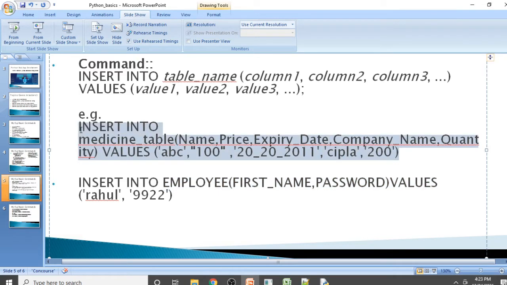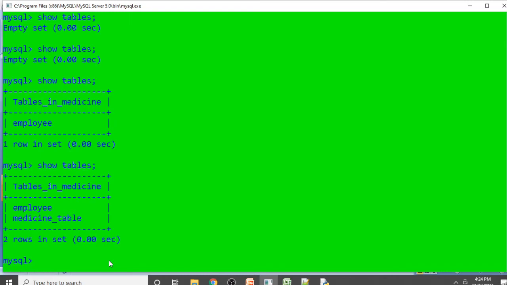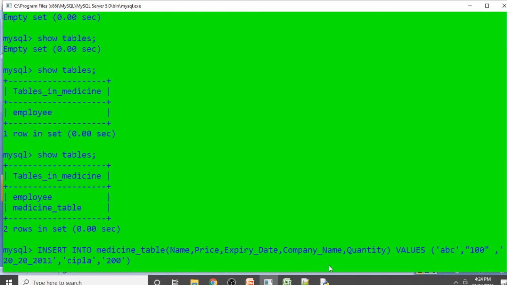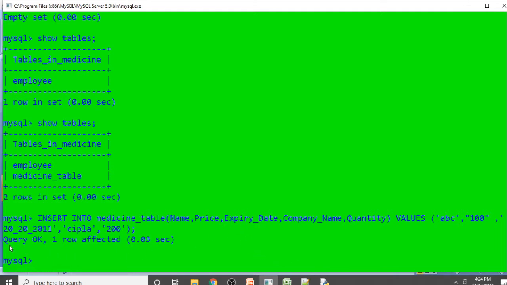So we will copy this one and paste it into our SQL server and press enter. As soon as I press enter, you will see query okay. That means the value is inserted into this medicine table.